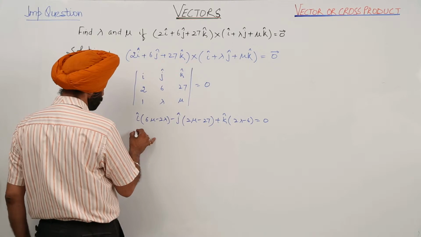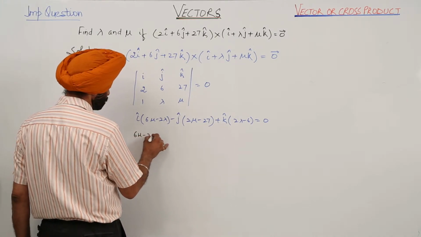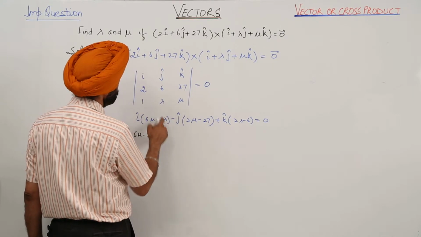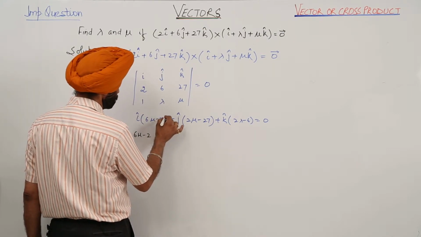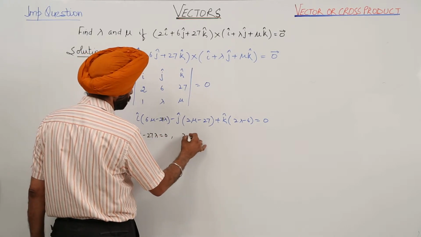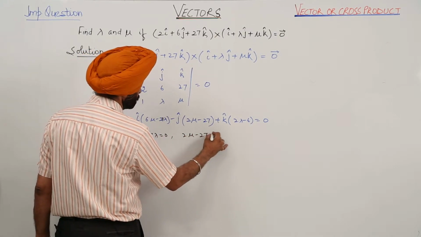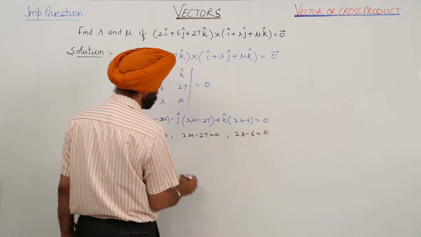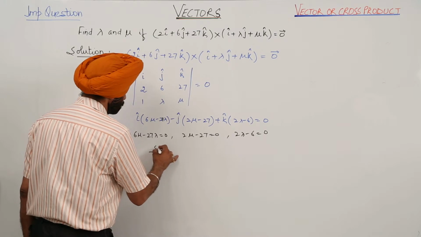Now we have 6 mu minus 27 lambda is equal to 0, 2 mu minus 27 is equal to 0, and 2 lambda minus 6 is equal to 0. Now solving,